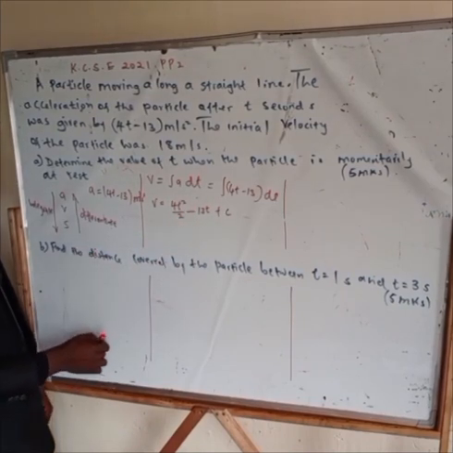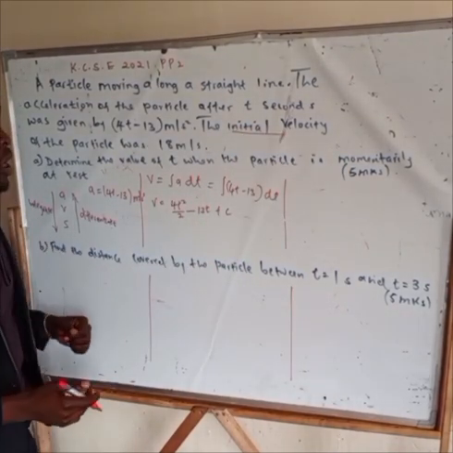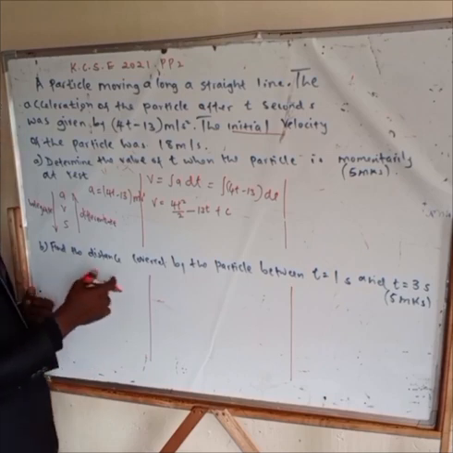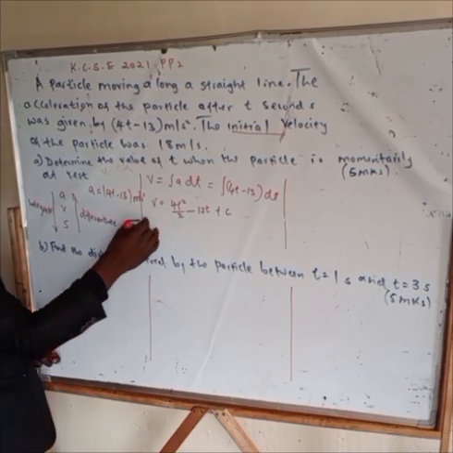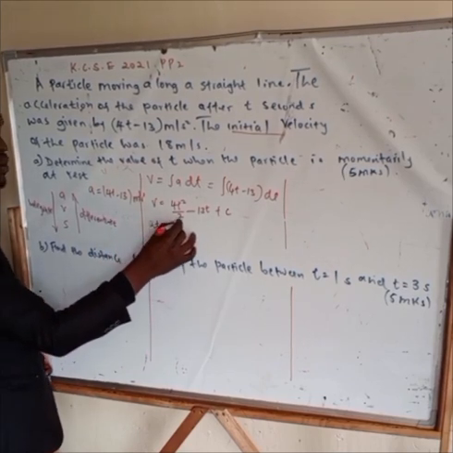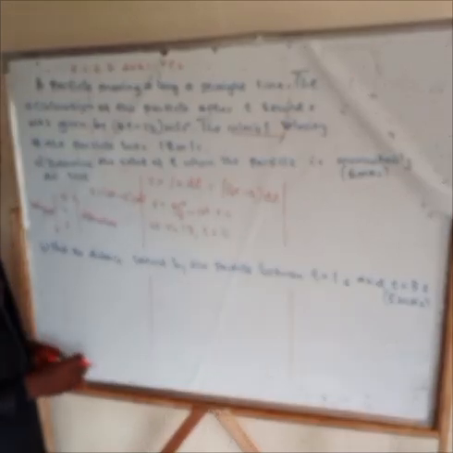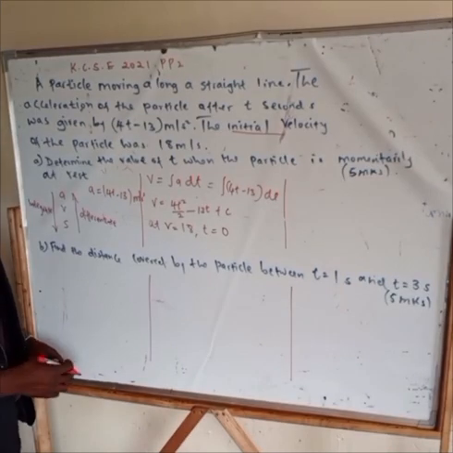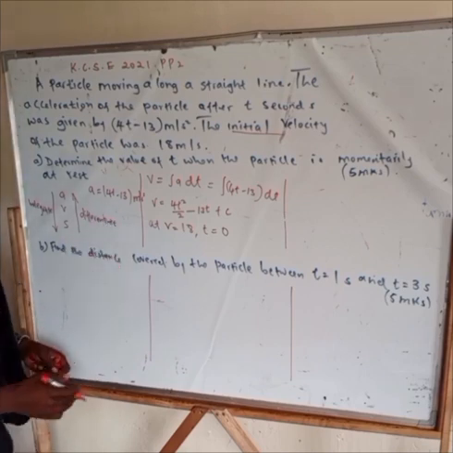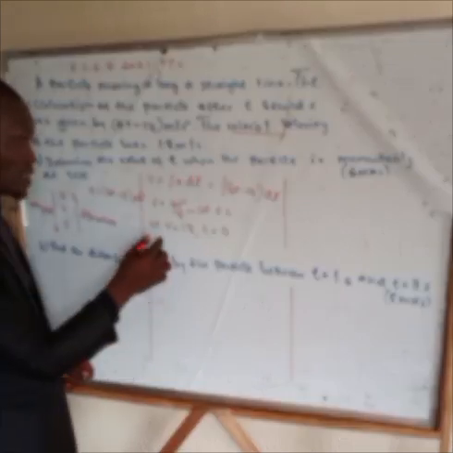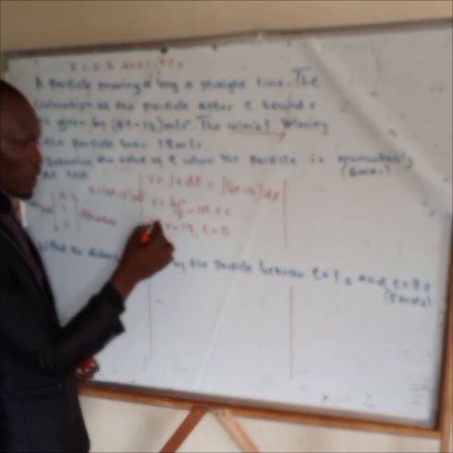And then, because we've been told that the initial velocity of the particle was 18 meters per second, that means that initially, at the beginning, we have a velocity of 18 meters per second. But at v is equal to 18, time is equal to 0. So at v is equal to 18, time was equal to 0, because it's initial, meaning at the beginning of the timing of this particle. So time was 0. Now if we can work it out here, remember this one is 1, this is 2. So then we are going to have,